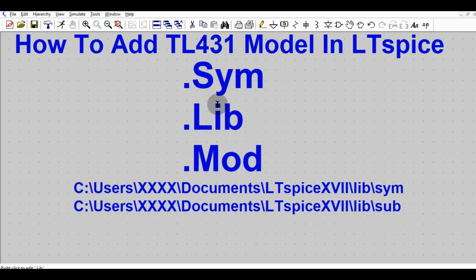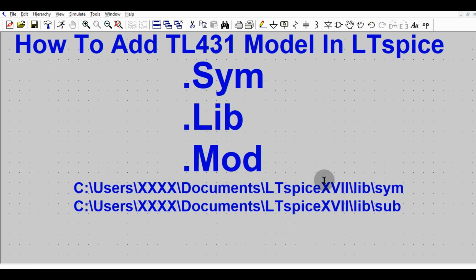So at the moment, I have kept these files in two folders in my local PC. You can see this is the path for these files. Okay, so you can see in C:\Users, here XXXX stands for your laptop or your computer name, as displayed on your device. Then the Documents folder, then LTSpiceXVII.